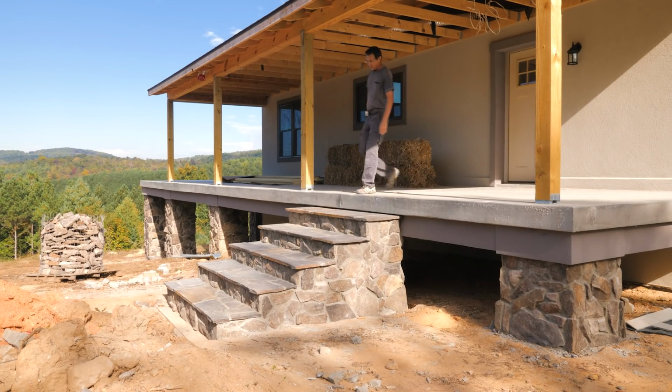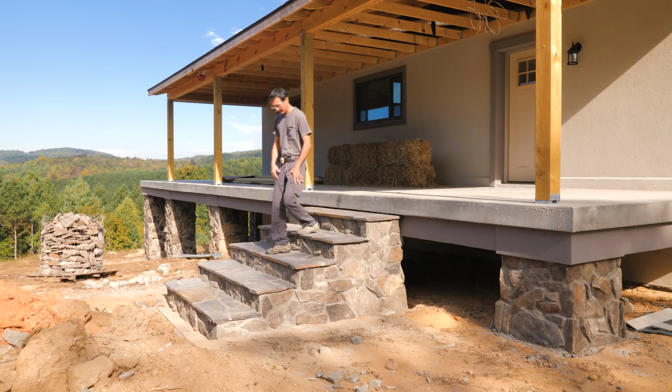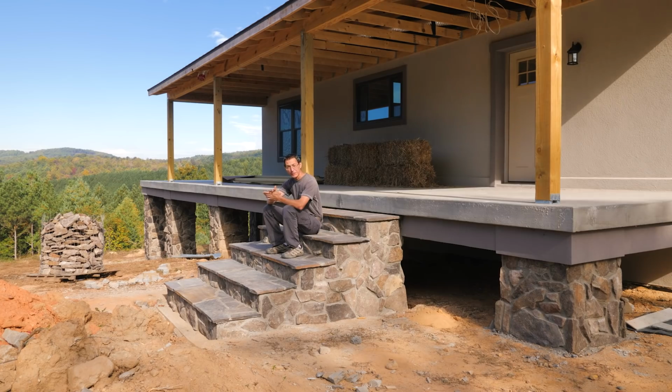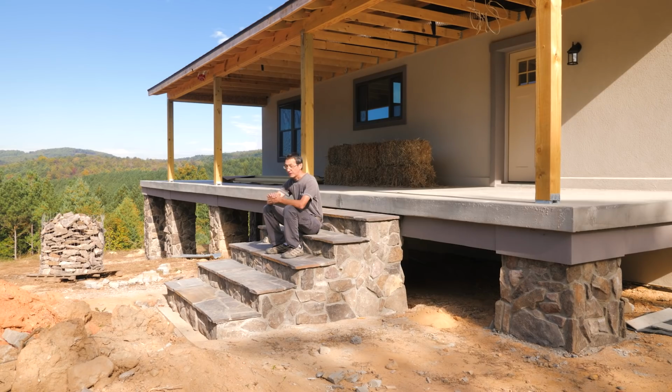Well, that's one more project completed. I wasn't going to actually have the stone work done yet, just because it's not critical for the final inspection or the certificate of occupancy, but when you have a craftsman like JP available, you want to be able to get that work done while you can, because it's hard to find people who do quality work and who show up to do it. So this is going to be the last project for JP on this build, and he